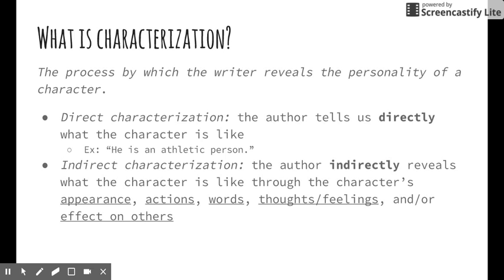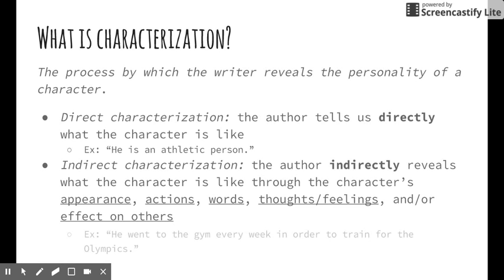Indirect characterization is where the author still reveals what the character is like, but it's less direct. They're more telling us about the character's appearance, their actions, their words, their thoughts, or their feelings, or their effect on others, and then based on those attributes, we need to come up with our own conclusion about